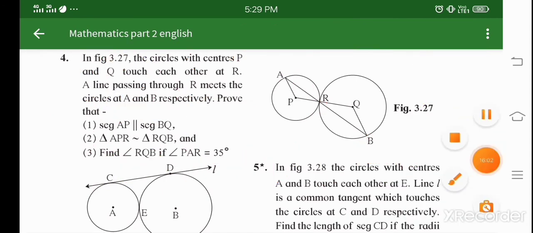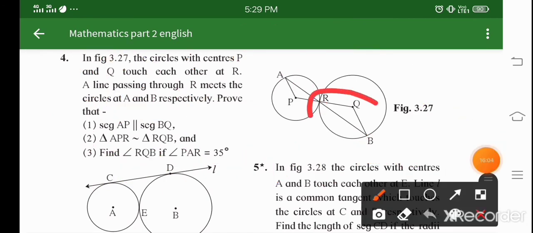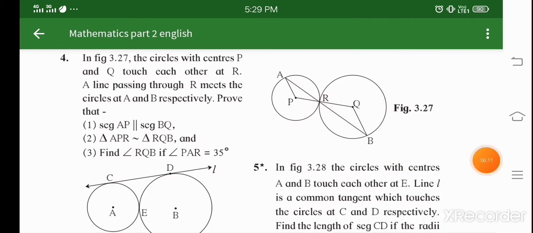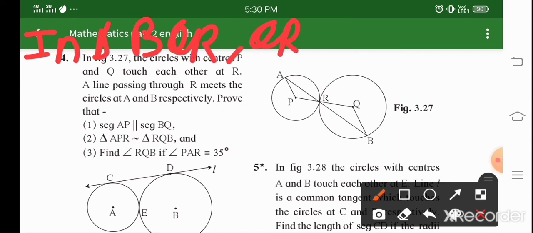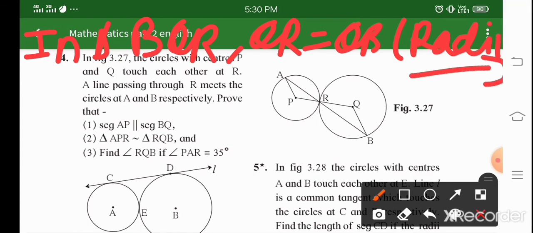Similarly, you'll have to do the same thing with this triangle also. Can you see over here? This is your center. Again, RQ is a radius and BQ is your radius, right? So same thing you can write over here. In triangle BQR, QR is equal to QB. Same reason that you have to write, radii of the same circle. And similarly, again angle R and angle B are going to be equal with that isosceles theorem only.